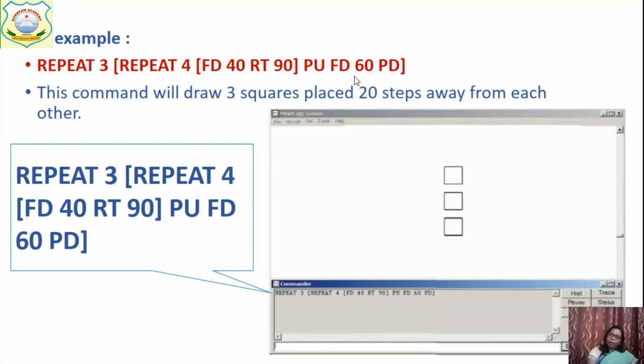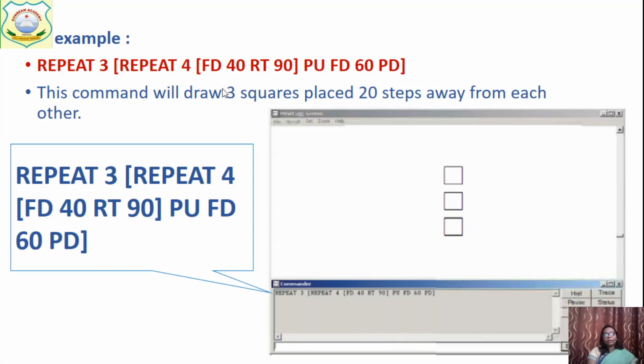So for that we have PU, pen up. How far? FD 60, 60 steps. We'll do the pen up and then pen down again and repeat this command. Got it? For the first square we have repeat 4 FD 40 RT 90. This will draw the first square. Then we have the pen up command for 60 steps and then the repeat command will draw this square. Then again pen up and then it will again draw the